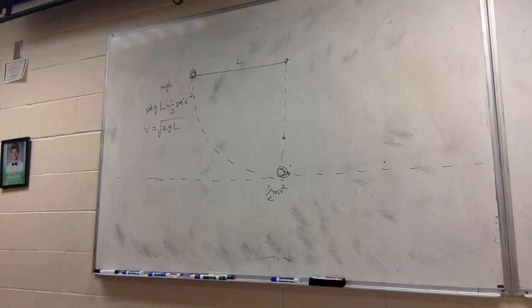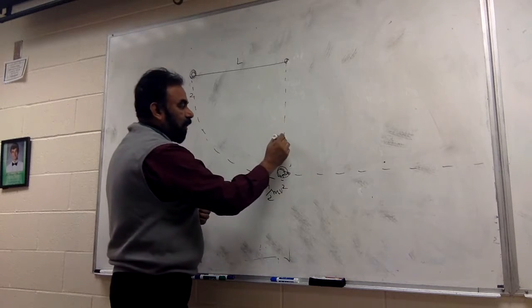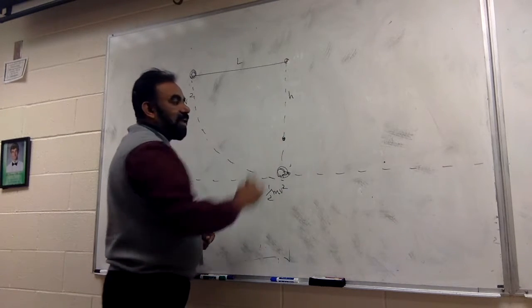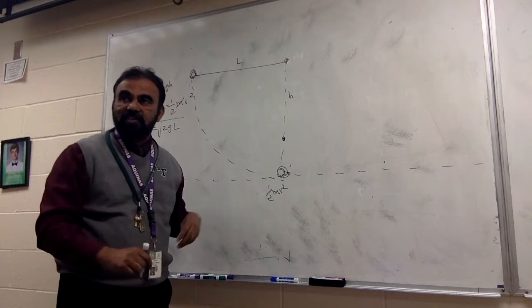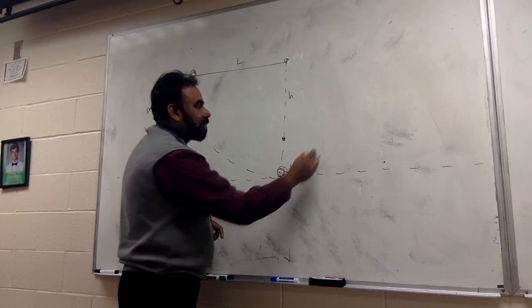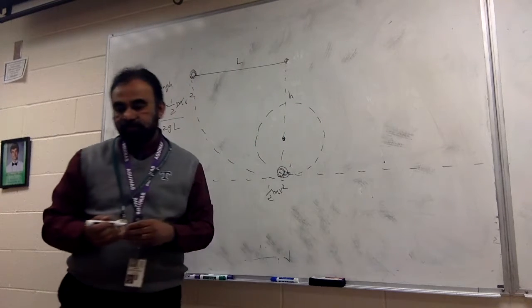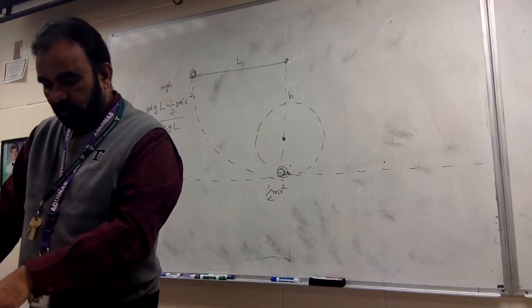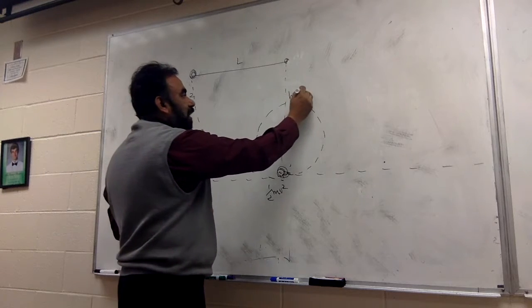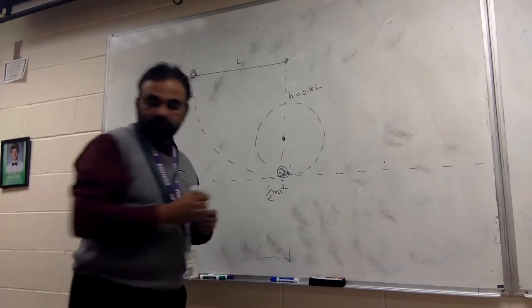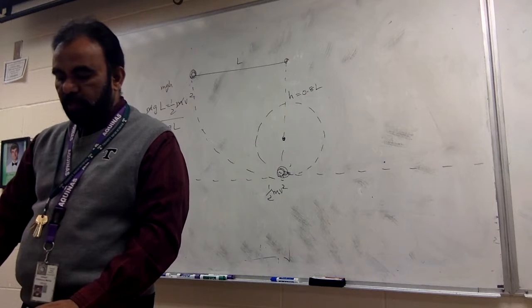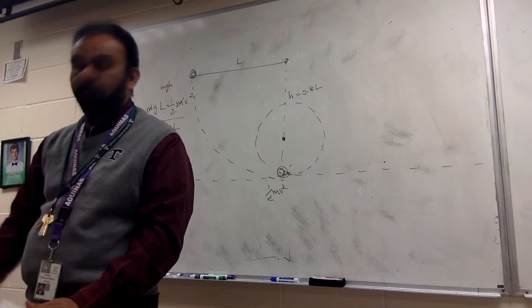I can show it over here. If I release it from here, it won't make a turn. See, it didn't make a turn. But if I put it at the right place, it could complete the circle. So they're telling you that at a height h from this point, there's a peg attached. So now it's going to rotate like this. Now if h is 0.8 L,